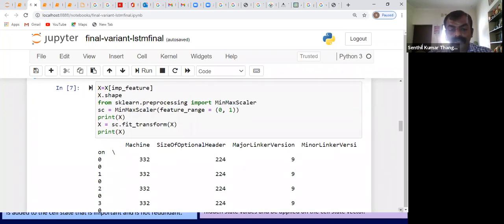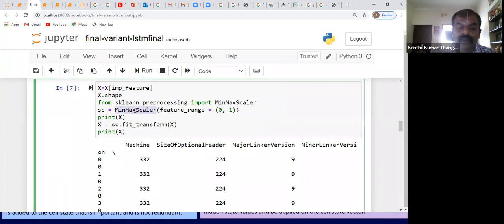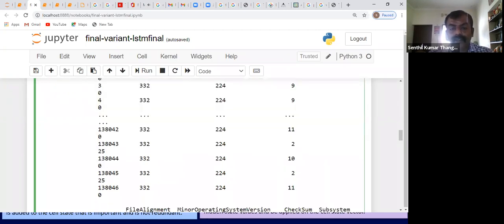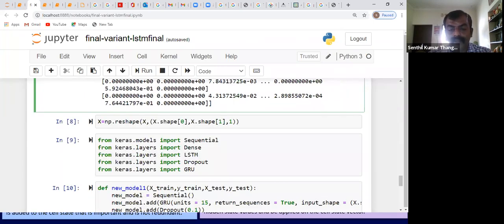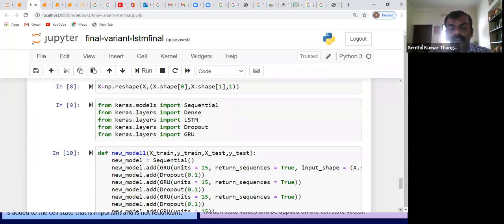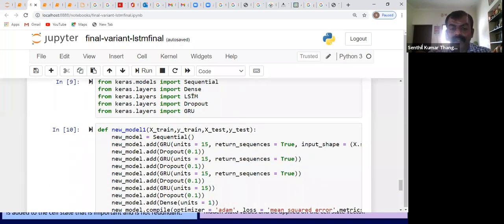Then we call the scaling operation. Scaler is important because, as I told you in the morning, there are possibilities for noise to happen in the data. So you can call this scaler. Then what I would like you to see here is the LSTM part. We want to use LSTM, so we are saying import LSTM.